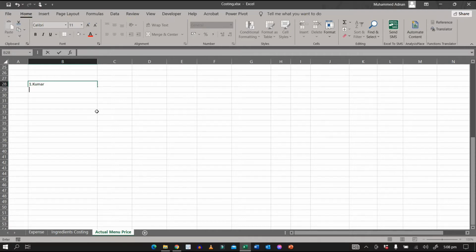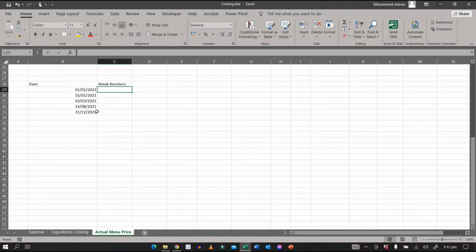Now I will type the second name 2, Steve, and then once again I will press Alt plus Enter. Now this time I will type Lee. Now I will press Enter, and you can see the three data in a particular cell. This is the easiest way you can write multiple data in a particular cell.